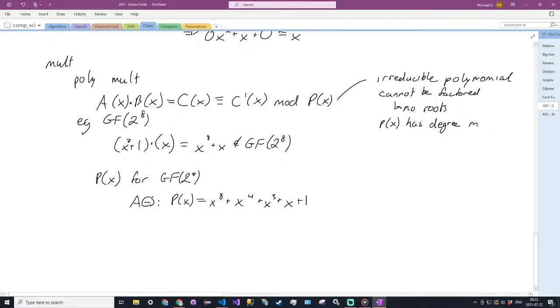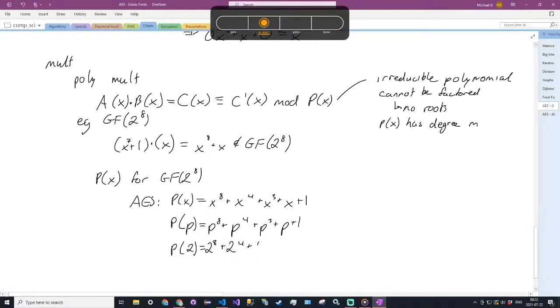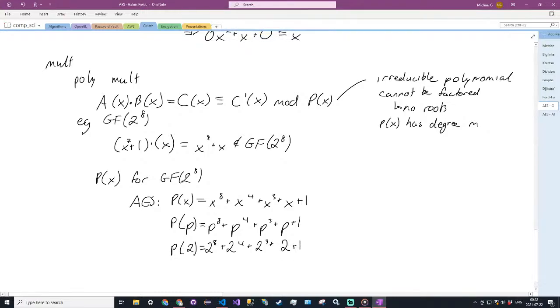And what I found was, in the irreducible polynomials that we looked at, or that were shown where I learned this from, if you plug the prime number into this polynomial, say p, the irreducible polynomial plugging in p, we get p^8 + p^4 + p^3 + p + 1. But in GF(2^8), p is equal to 2, so we have p(2) equal to 2^8 + 2^4 + 2^3 + 2 + 1, and